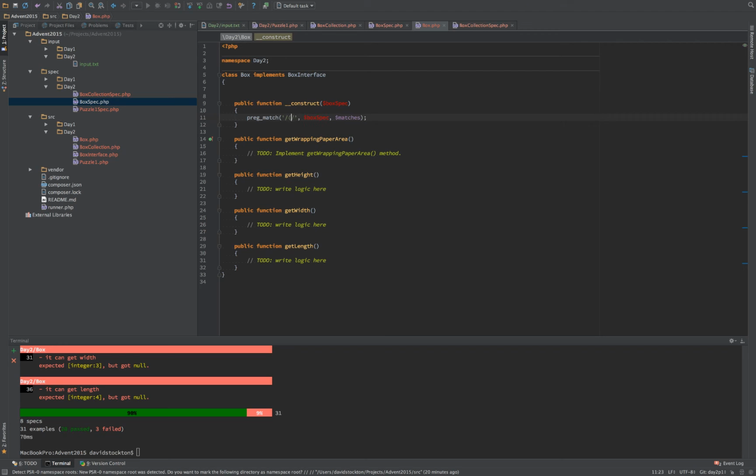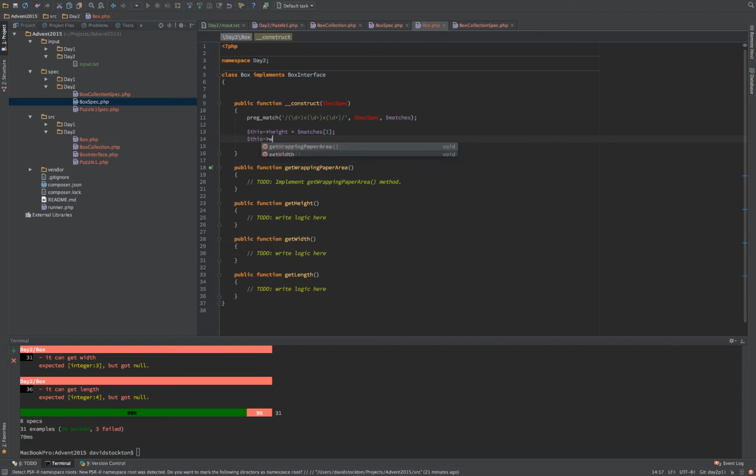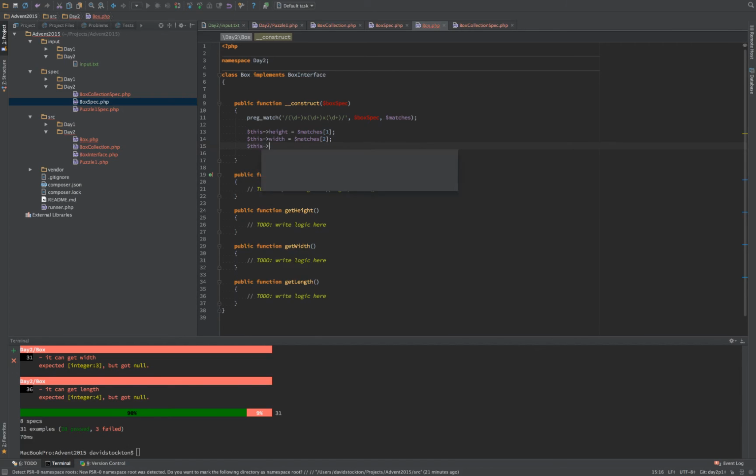So our spec is going to have a capture group for our height, an X, a capture group for our width, and a capture group for our length. And then inside of each of our capture groups, we're going to have 1 or more digits. And I can duplicate that there and duplicate that there. And now we can do this height equals matches, and the first match, the first capture group is going to be matches 1, and then this width is matches 2, this length is matches 3,